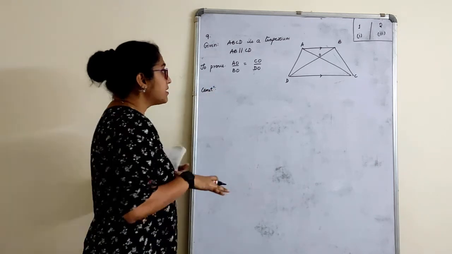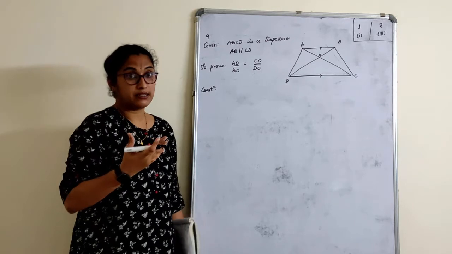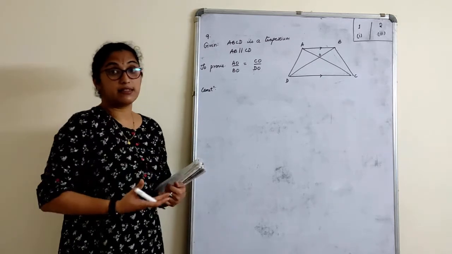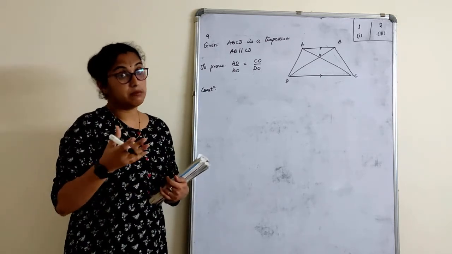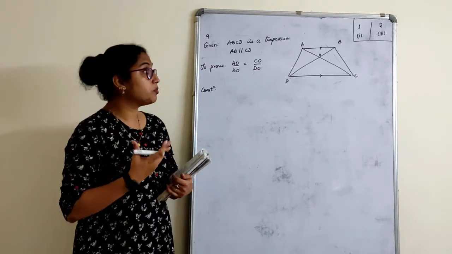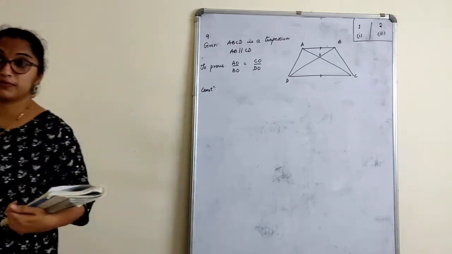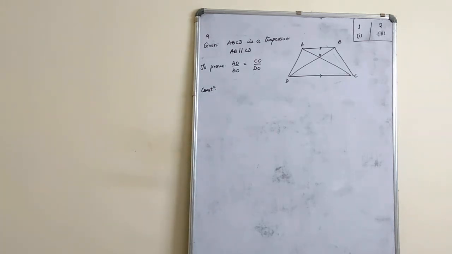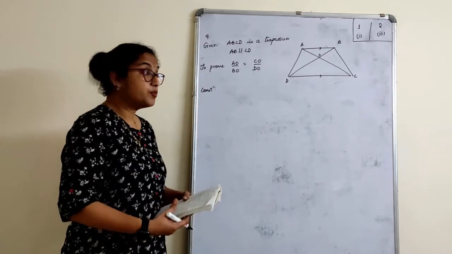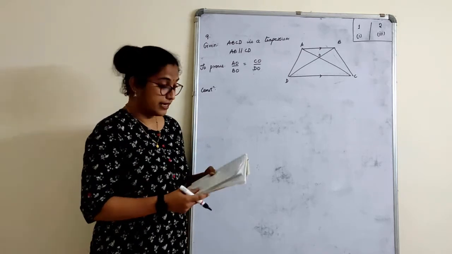Children, the same sum can be proved later in the next exercise. In the next exercise, it is about similarity again, where we talk about proportional sides. We prove that the triangles are similar. So there we actually prove it. We can also prove this by proving triangles similar. We'll repeat these sums once again later.